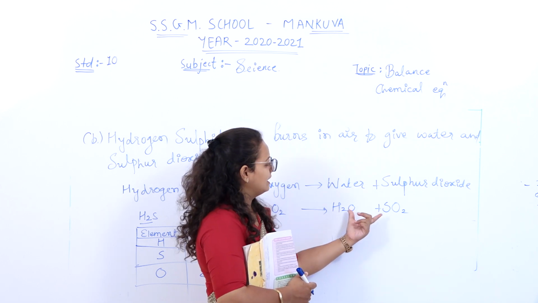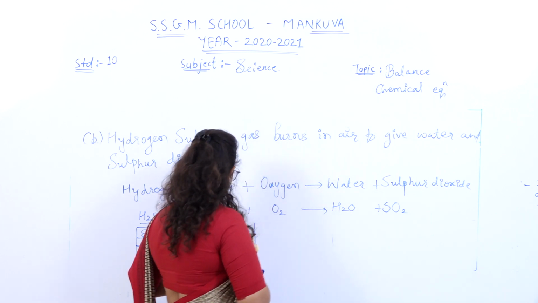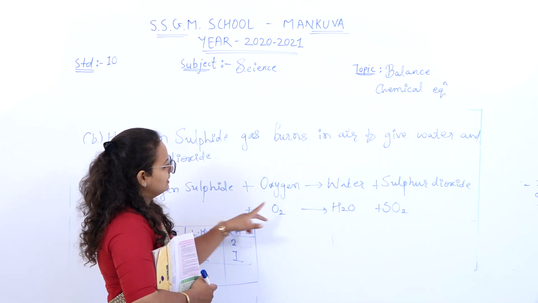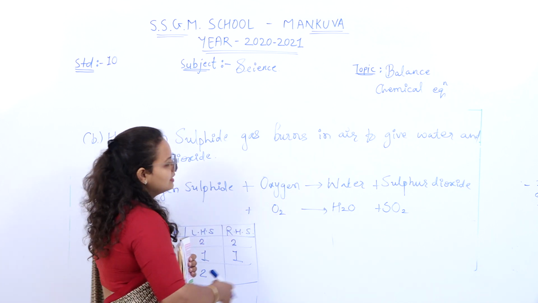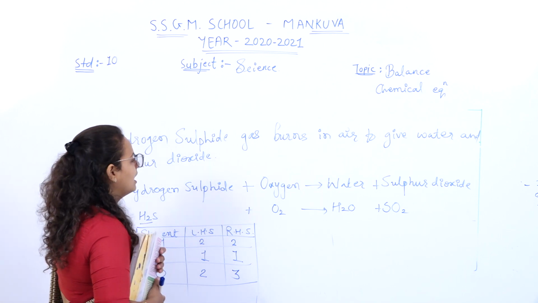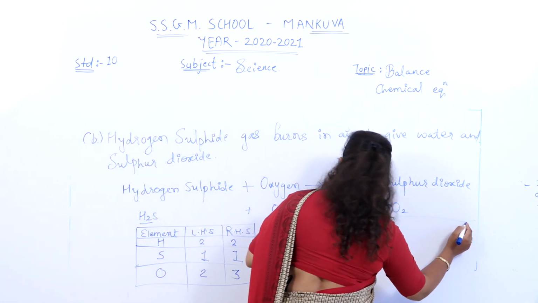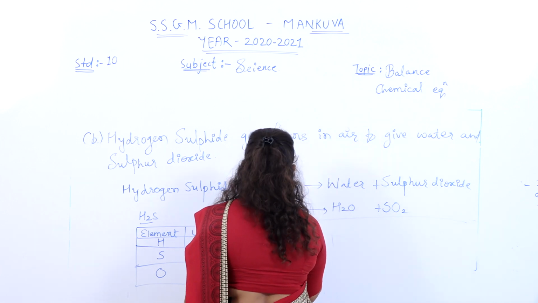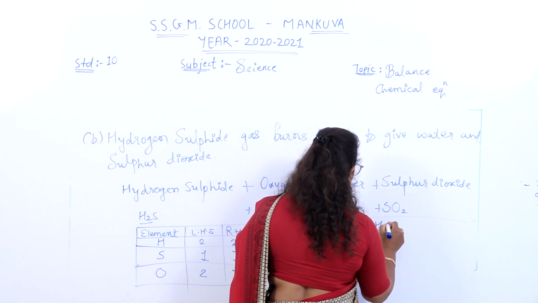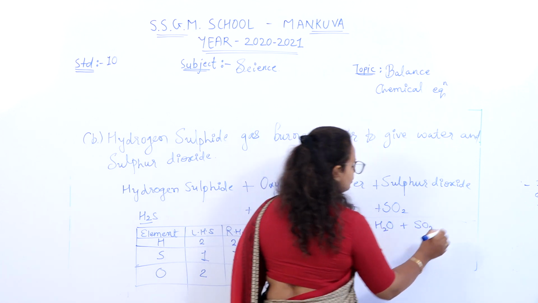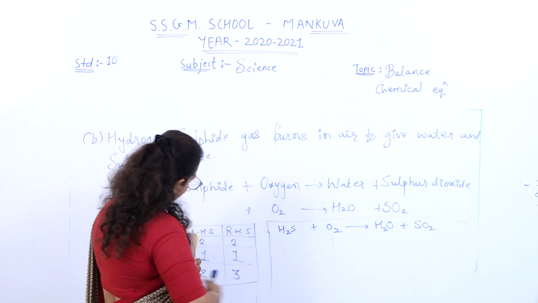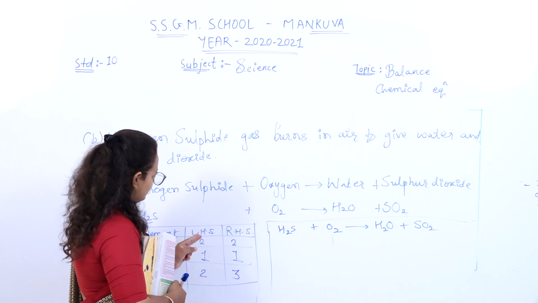Okay, remember this thing whenever you are writing elements from left hand side or right hand side. If plus is there, that means you have to add the elements. So oxygen 3. Clear? Now balance this chemical equation. Write this equation again, which is H2S plus O2 gives H2O plus SO2. Okay. Now which element we will balance? Here 2, 2, 1, 1, they both are balanced.